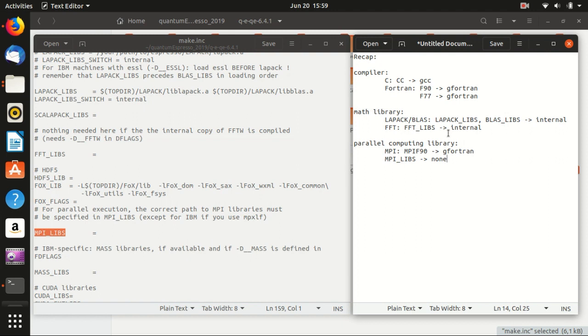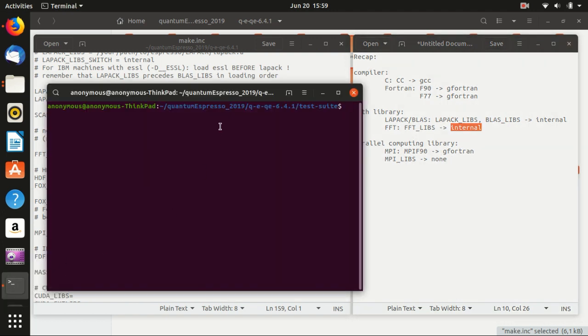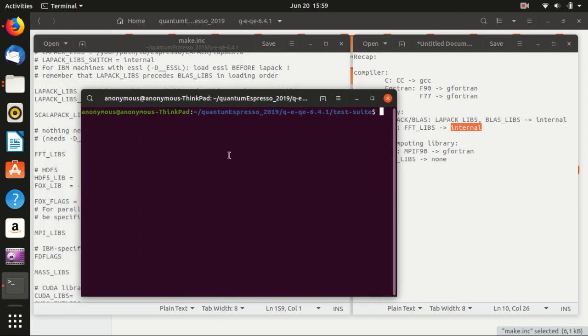So it seems that we have a Quantum Espresso compilation using the GNU compiler with internal libraries and without any parallel computation capability. Actually, we can check by going to the same folder as last time for benchmarking,